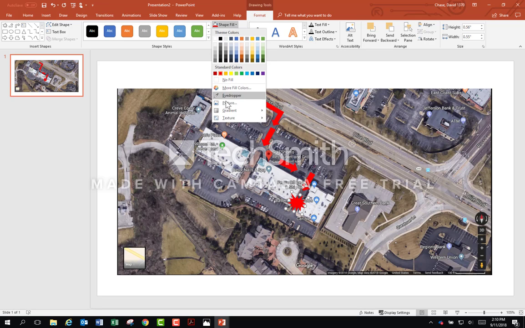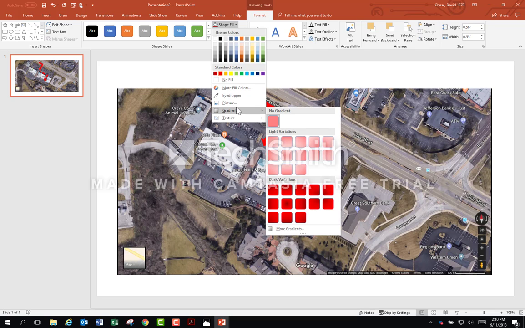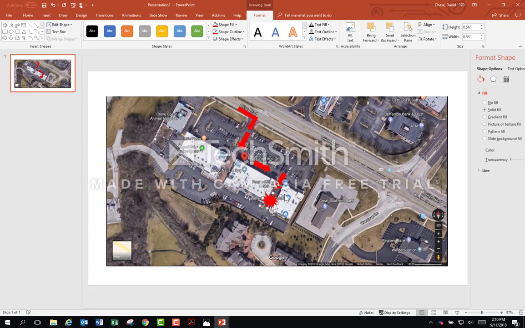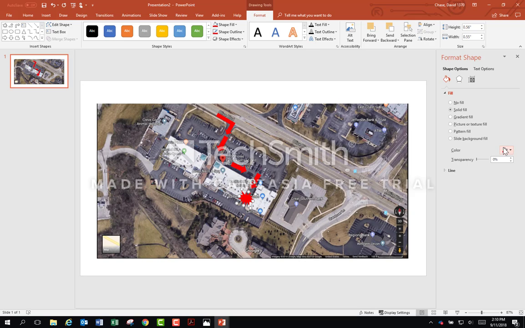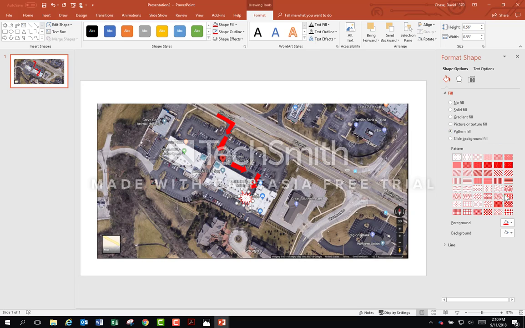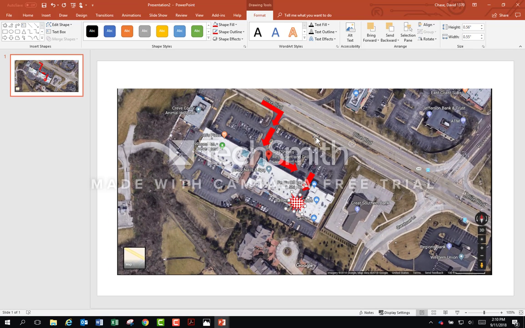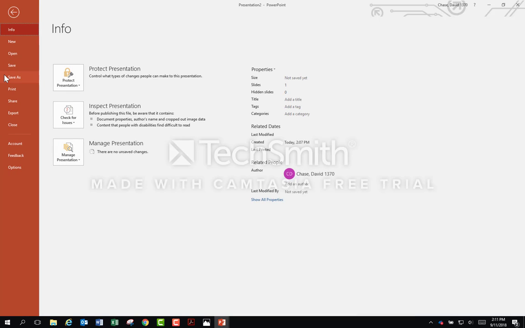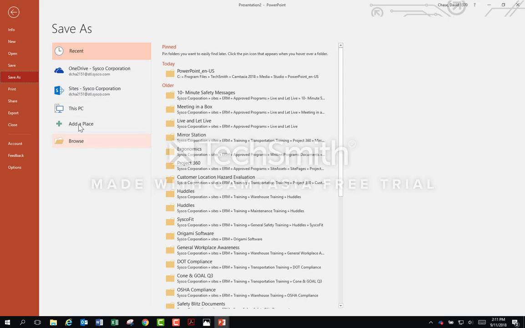I can change the fill, the texture of it. Change it to a pattern fill. So kapow, bricks, diamonds, whatever. But that, I think, helps distinguish it. So this is a decent, not a really good, but a decent representation of what happened, right? So at this point, now I'm just going to click Save As,